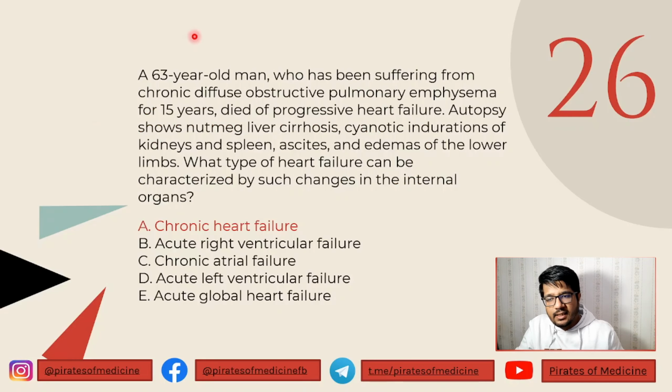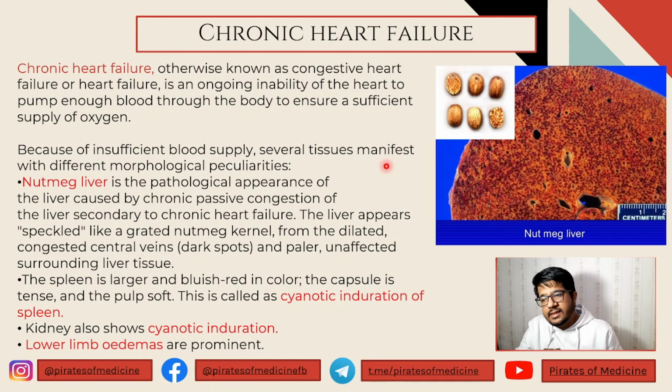So 26th is that a 63-year-old man who had been suffering from chronic diffuse obstructive pulmonary emphysema for 15 years died of progressive heart failure. Autopsy shows nutmeg liver cirrhosis, cyanotic induration of kidneys and spleen, ascites, edemas of lower limbs. What type of heart failure can be characterized by the changes in the internal organs? Now, as you can see, chronic heart failure, or chronic congestive heart failure, or generally known as heart failure, is the inability of the heart to maintain enough blood supply throughout the body over a long